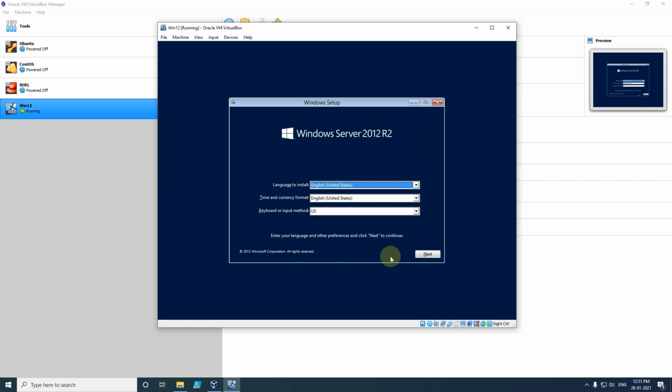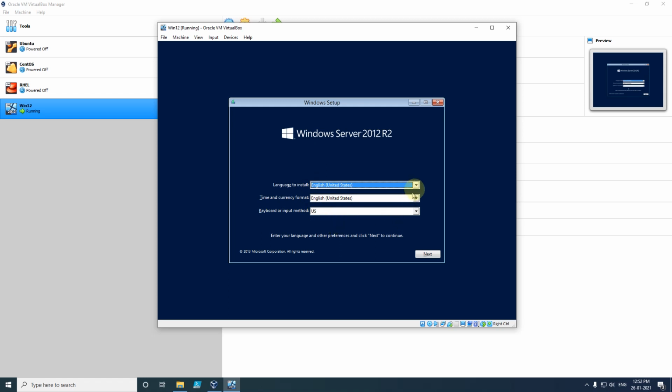Here we have to select the language. We have language to install, time and currency format, and after that keyboard or input method. In all three options I have selected US, which is also selected by default by the system.